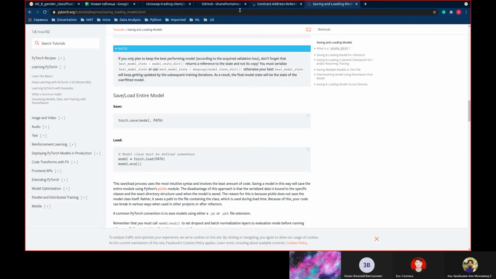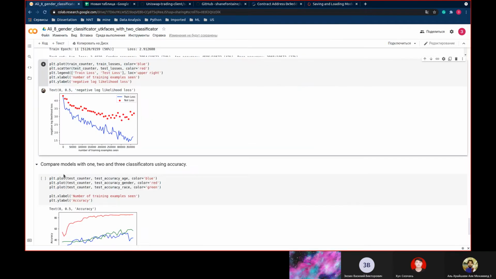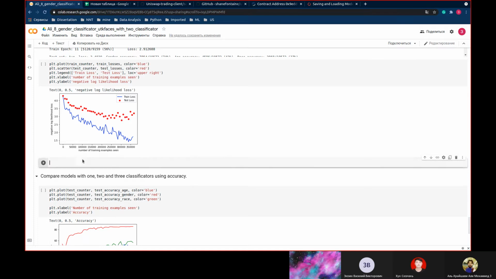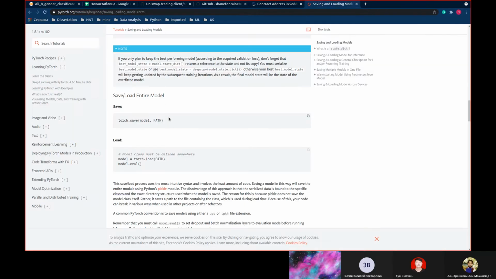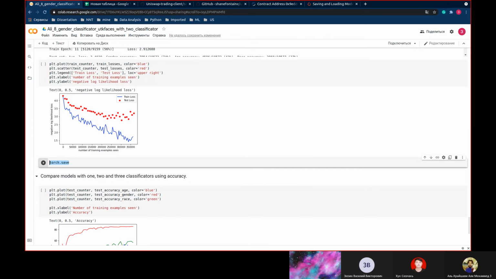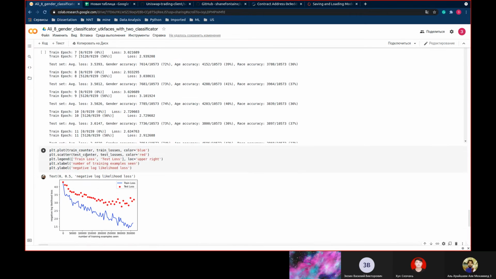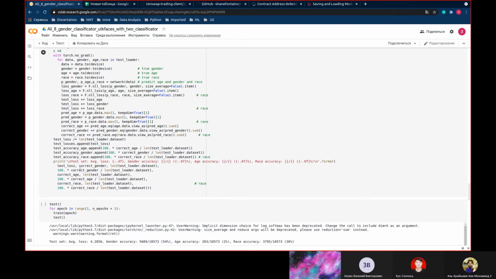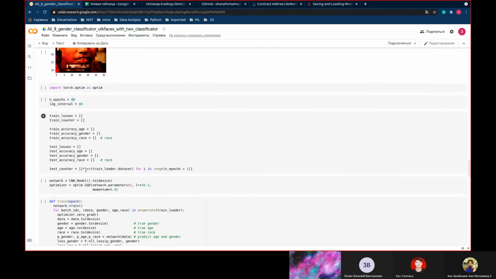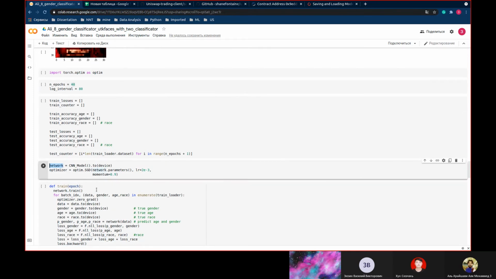For example, in another notebook, here you write torch save. Okay, we can just get it from here, Control C, Control V, but model, your network, yeah, network here.